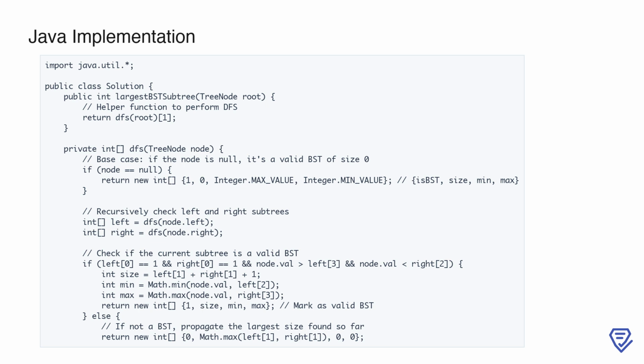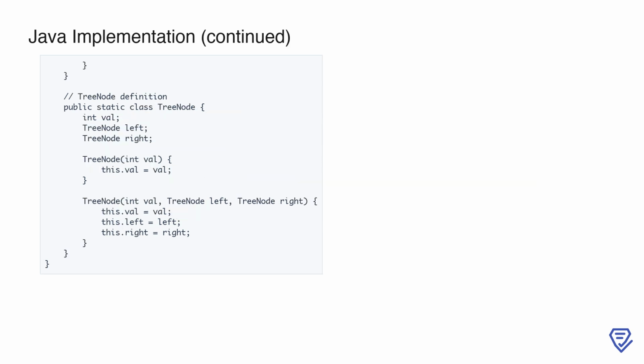We also determine the new minimum and maximum values for the subtree to update the range. Finally, we return an array indicating that this subtree is valid, along with its size and range. If the subtree rooted at the current node does not satisfy the conditions for being a valid BST, we simply propagate the largest size found so far. This ensures that even if the current subtree is invalid, we still capture the size of the largest valid BST